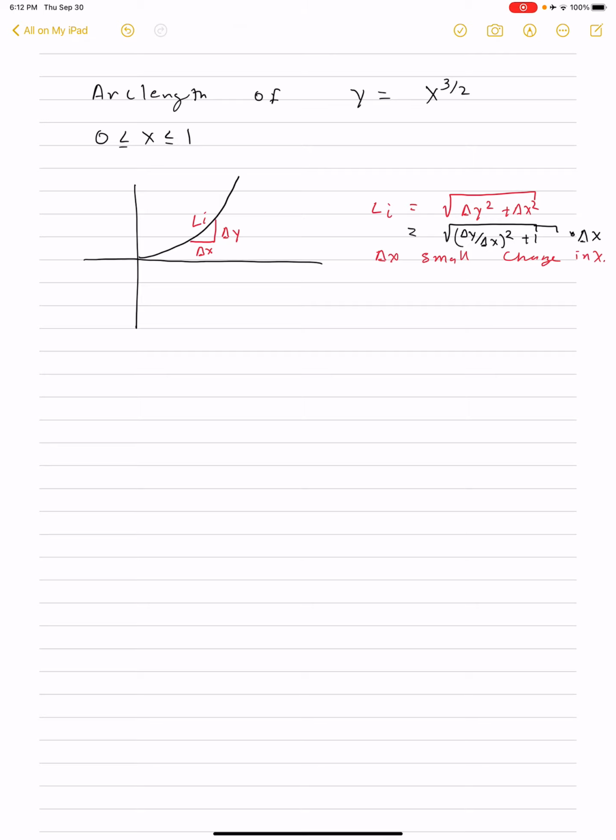And the total length of the curve is then just going to be the sum of the little lengths. And I'm going to change this to be an approximation, because as it's written, it is an approximation. If I want to get the exact length of the curve,